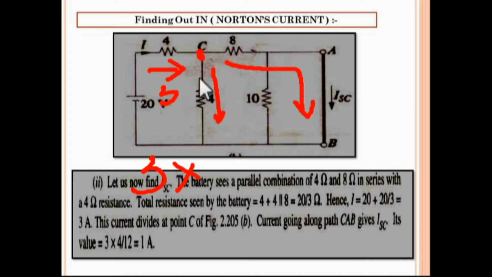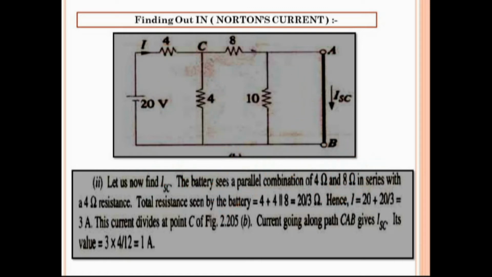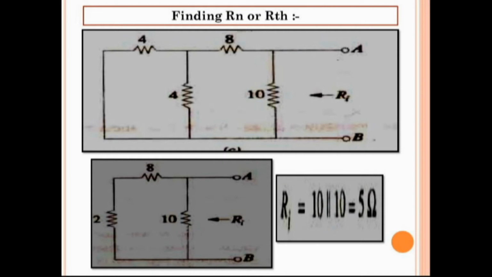So write the opposite resistance first. So 4 ohm will be written first. And then 4 plus 8, 12. So guys, 12 divided by 12, it will become 1 ampere. तो नॉर्टन्स करंट की वैल्यू हो जाएगी, जो A से B या 8 ओम में फ्लो होने वाली करंट है वही नॉर्टन्स करंट होगी और उसकी वैल्यू 1 एम्पियर होगी. This will be called Norton's current and short circuit current. So guys, here you can see.